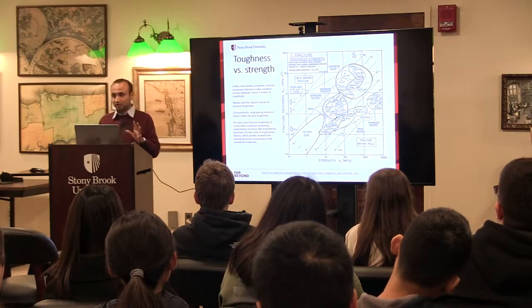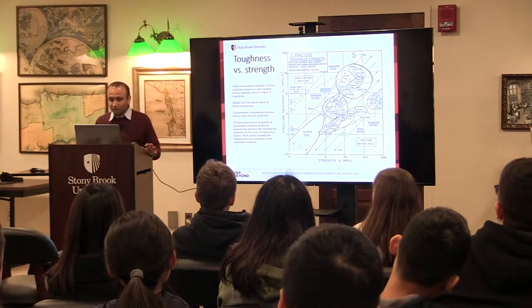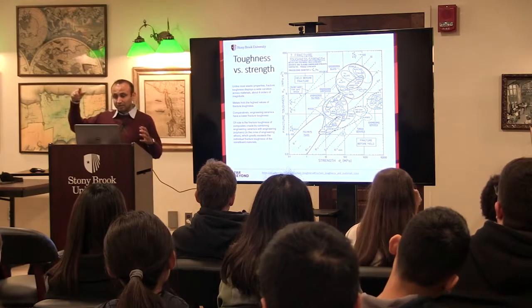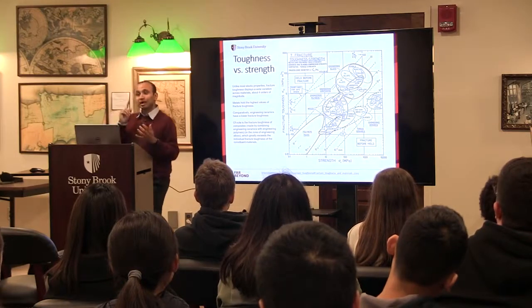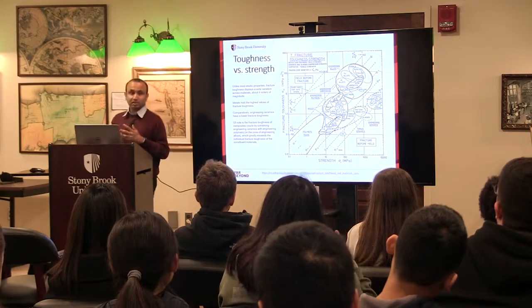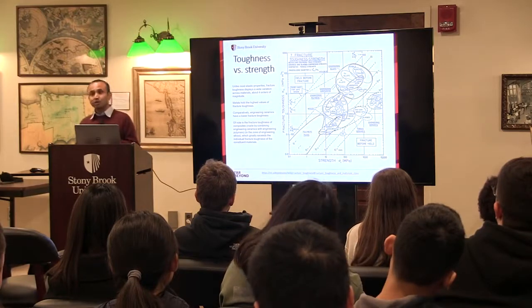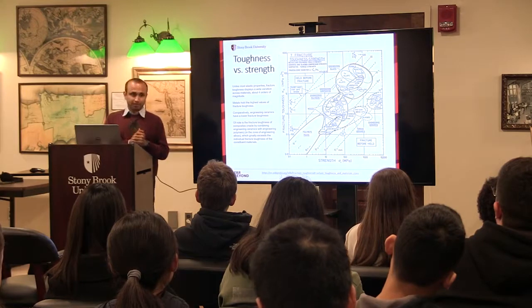So ideally we want both strength and toughness, and you see that composites are right there on the top, with other materials like steels and copper alloys. They have both high strength and high toughness. Toughness is the property that we are interested in for energy dissipation. It is directly related to energy dissipation.